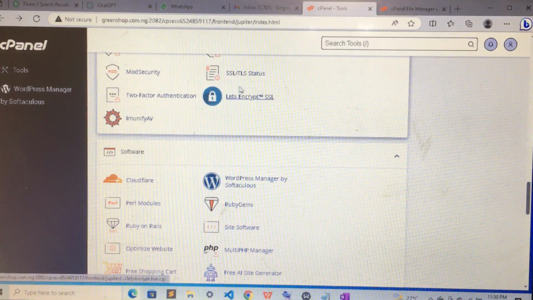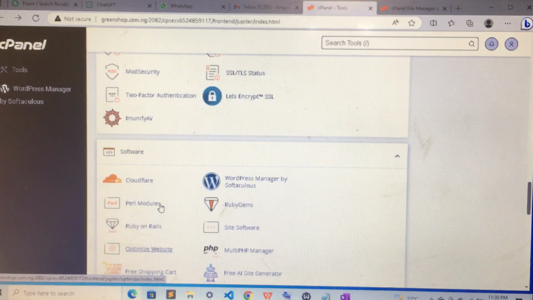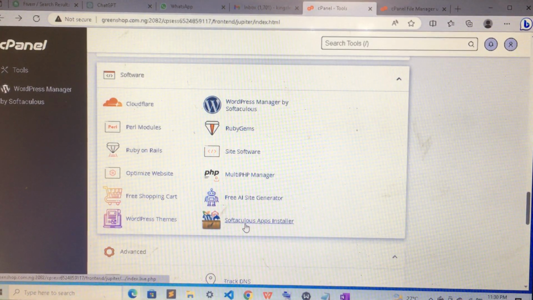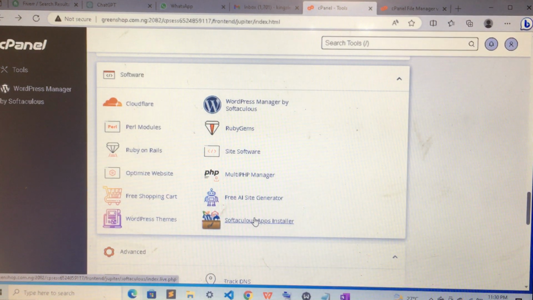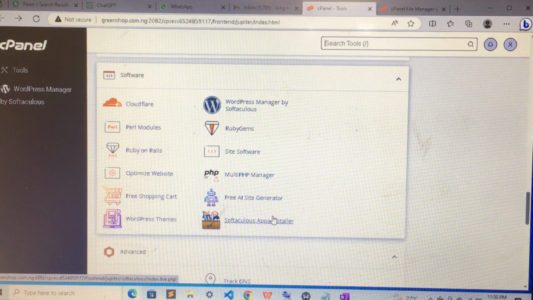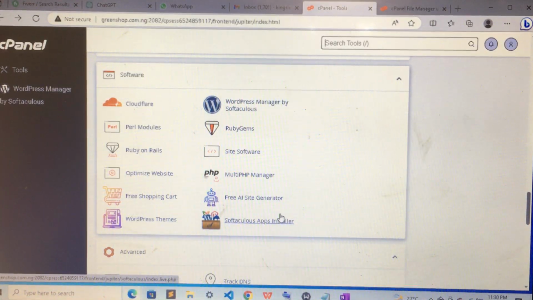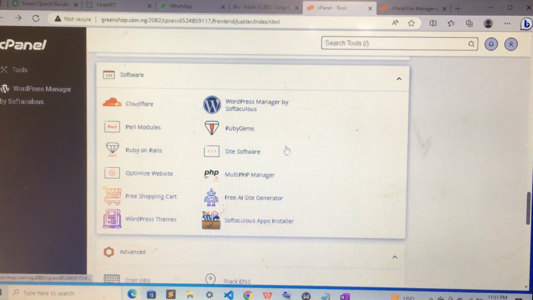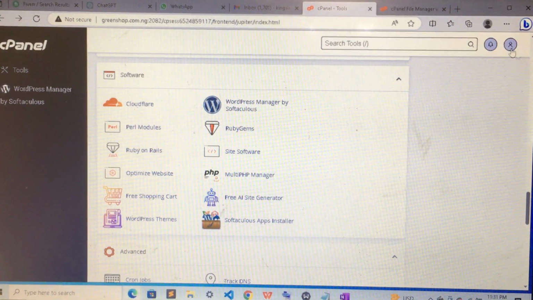So another one I would like to talk about here is the Softaculous Apps Installer. Okay, this Softaculous Apps Installer is a kind of add-on with apps that are going to help your website to run very well on the internet. What do I mean by this? This Softaculous app contains your website builders. If you want to build a website through WordPress, all you have to do